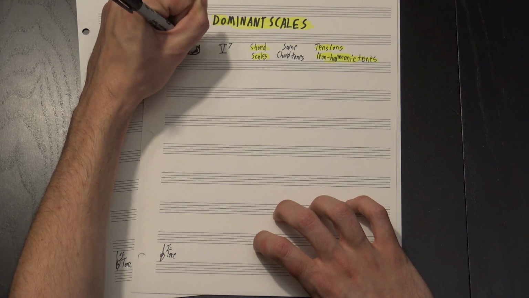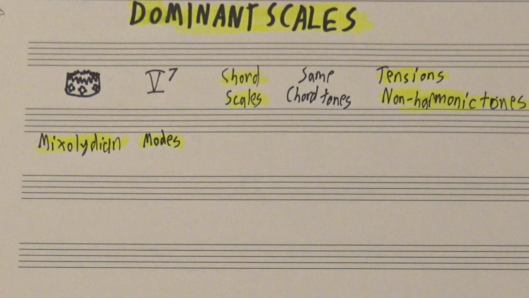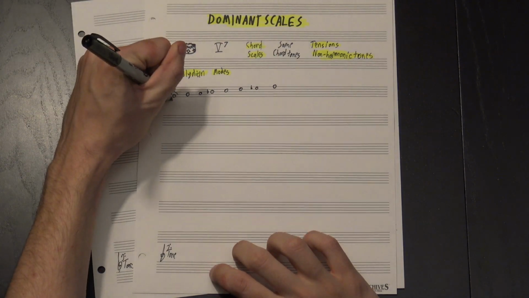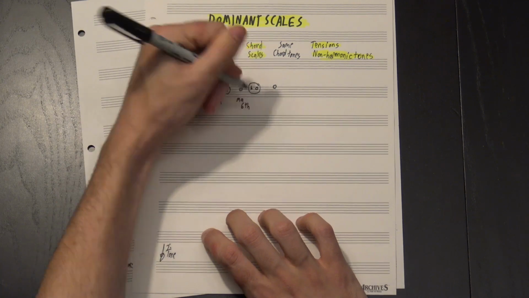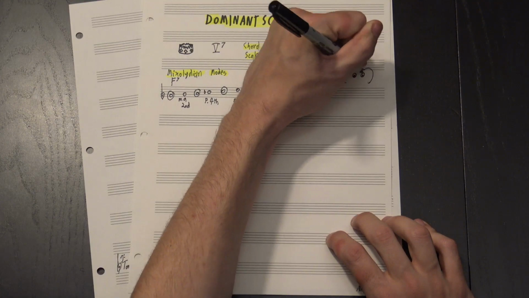Moving on, the most obvious of these is probably Mixolydian, the 5th mode of the major scale. It's exactly like major, but with a flat 7, giving it the chord tones of a dominant 7th plus a major 2nd, a perfect 4th, and a major 6th. This is a simple solution and it works pretty well most of the time, but there are plenty of other